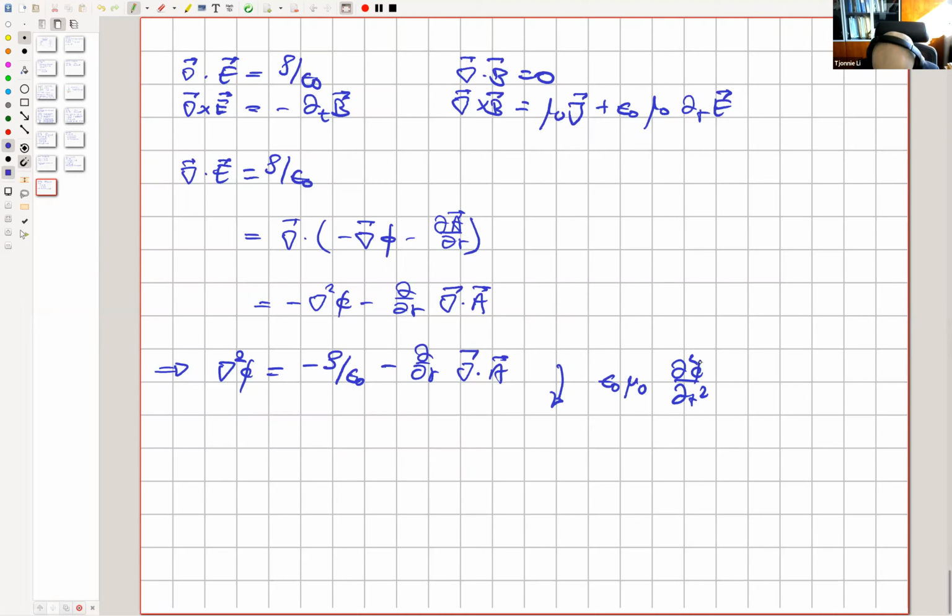I just put it on both sides. Maybe it's easier to even flip the sign. So I can simply write mu naught epsilon naught second partial derivative of phi with respect to t minus the Laplacian equals to